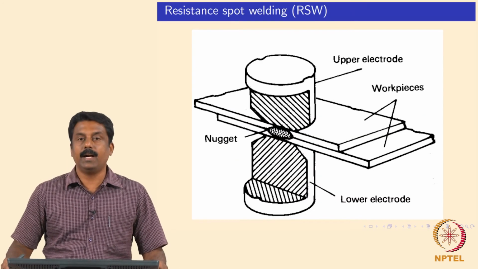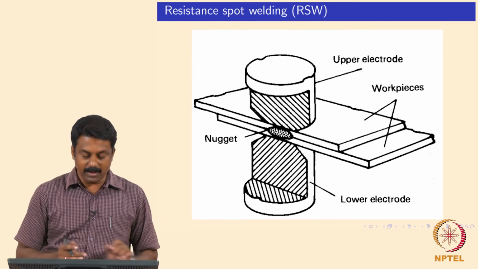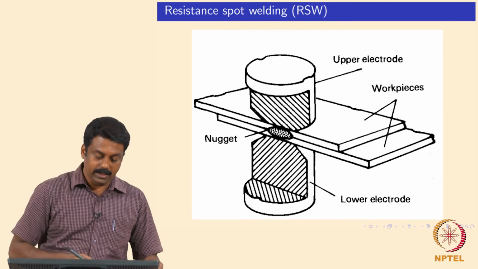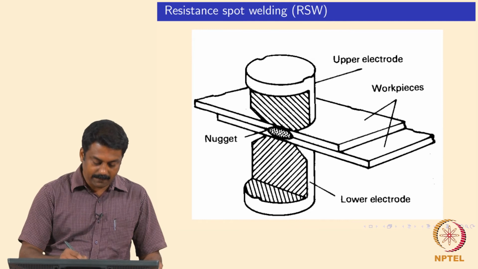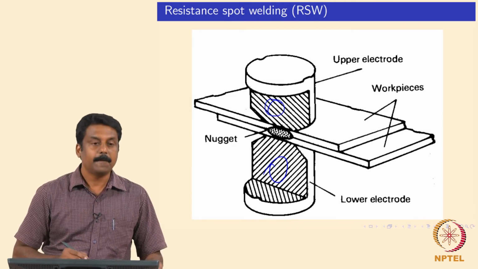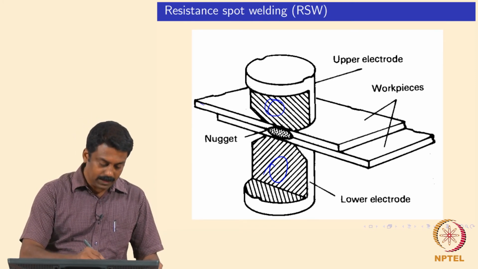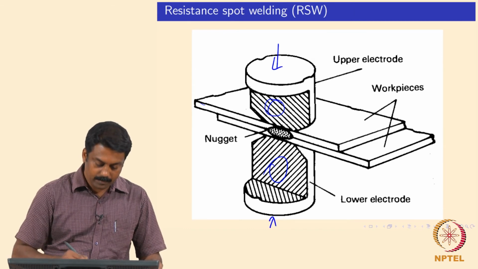So, if you look at a cross section of a typical resistance spot weld, this is how it looks. So, the electrode, we made a cross section parallel to the axial direction of the electrode, and you have the electrode with a cavity inside for water circulation, right? And then you place the sheets to be welded in an overlap configuration, and you apply a load and